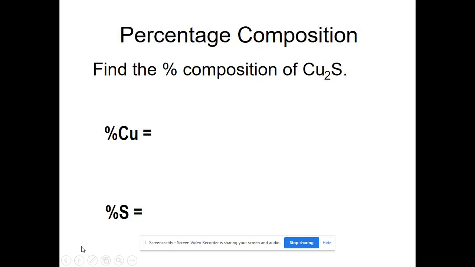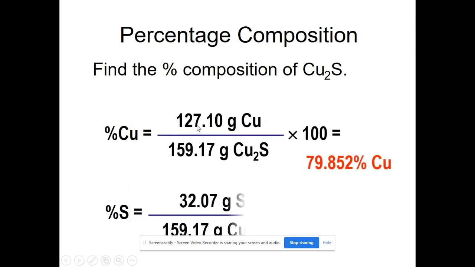Okay, another type of problem that you might see is where you're asked to find the percent composition of each element in a compound given the formula. Like I said, a chemist would want to compare the percent composition they were finding experimentally to what they would expect to have based on the formula of the compound they're trying to make. So here, when we look at copper, we know that there are 2 atoms of copper in each formula unit. So we would want to multiply the molar mass of copper by 2. When we do that, we would get